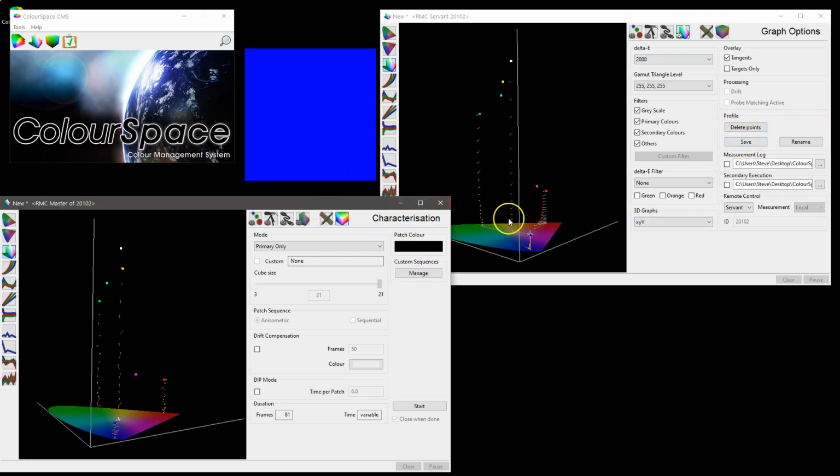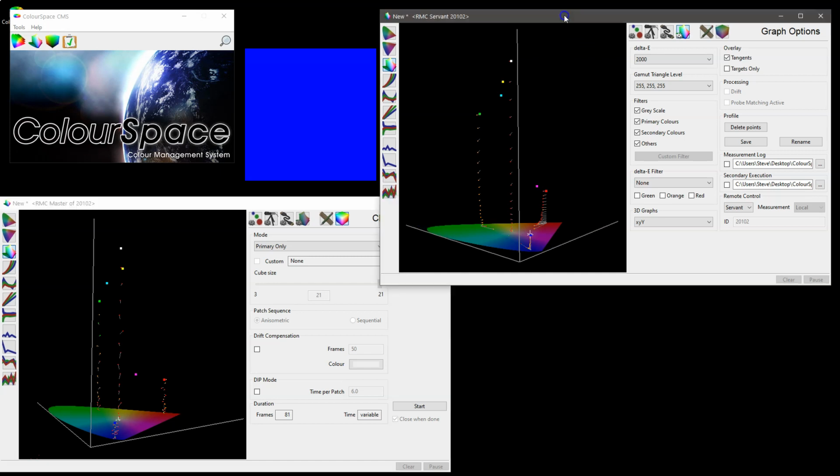Now that's all well and good, but if we were doing a remote calibration session where we have the master ColorSpace instance in the calibrator's office and the remote